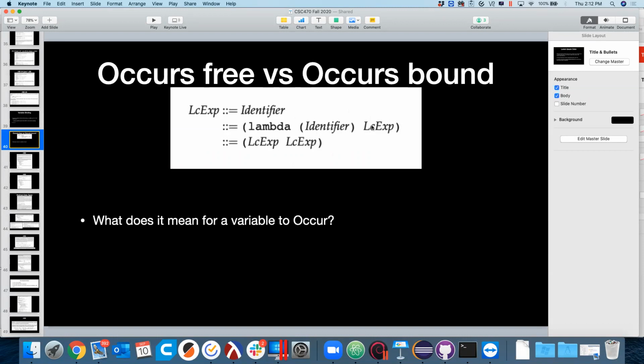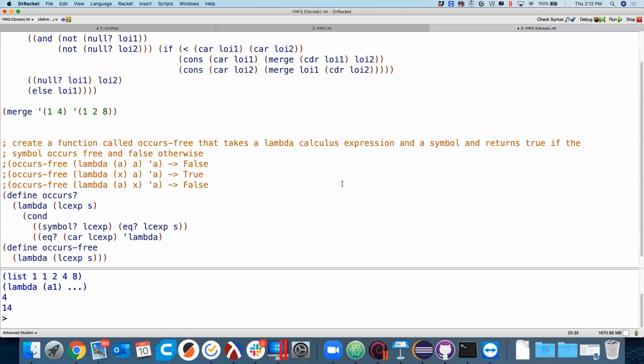If I take the cdr of that, I have the list containing this lambda calculus expression. If I take the car of that, I get the lambda calculus expression. So I want to take the car of the cdr of my lambda calculus expression,